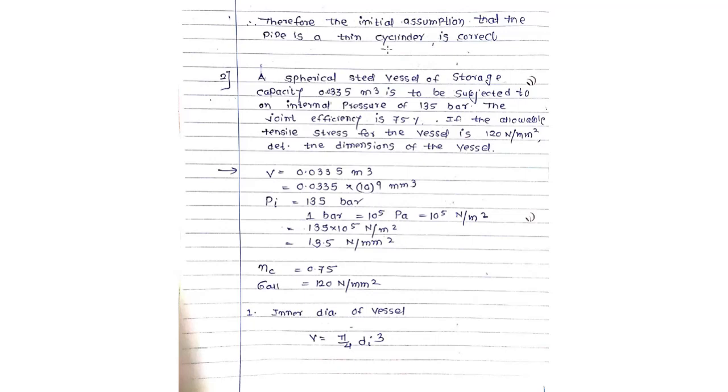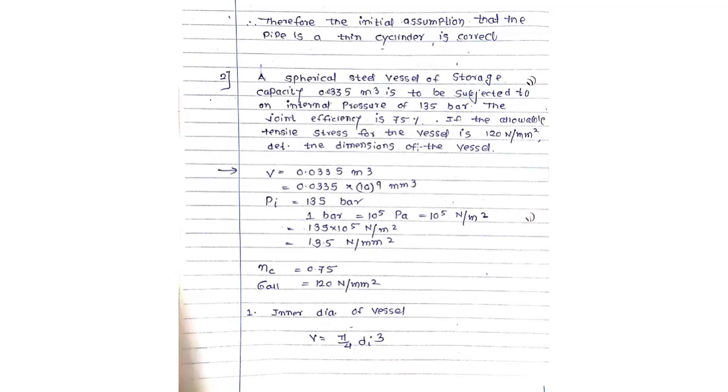Next numerical is based on a thin spherical vessel, because in the first line they have mentioned a spherical steel vessel. The sentence is: a spherical steel vessel of storage capacity 0.0335 meter cube is to be subjected to an internal pressure of 135 bar. Again here pressure is mentioned in bar. The joint efficiency is mentioned as 75%. If the allowable tensile stress for the vessel is 120 Newton per mm square,